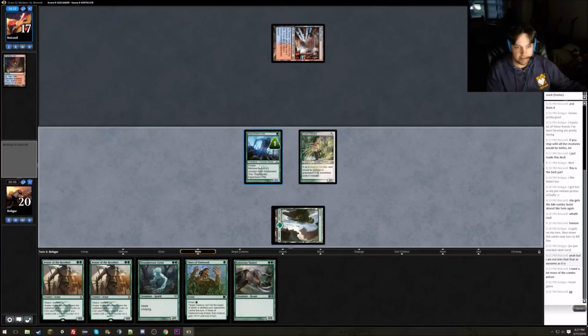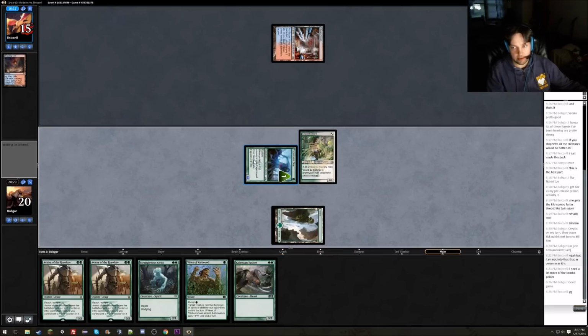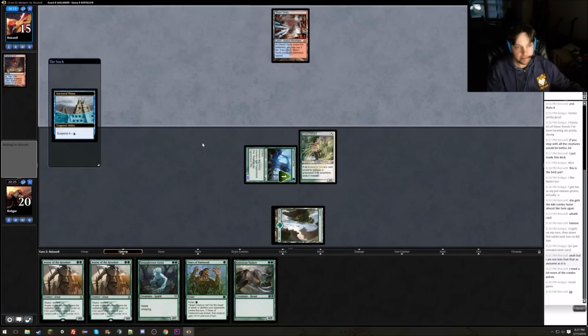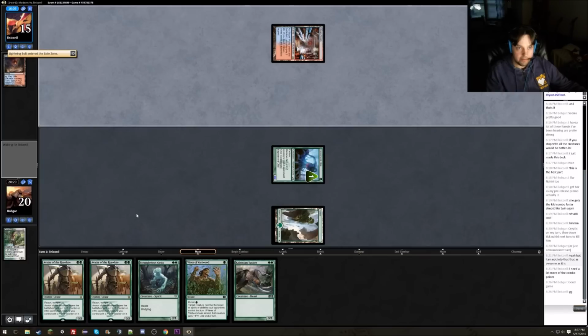Because I do not have a second land. If I had a second land, I would be in pretty good shape right now. But without a second land, this is pretty hard. So I just gotta hope to draw one next turn. And if I don't, I'm in big trouble. At least I don't have any 3-drops. I mean, that's one of the things that led me to keep this hand. But